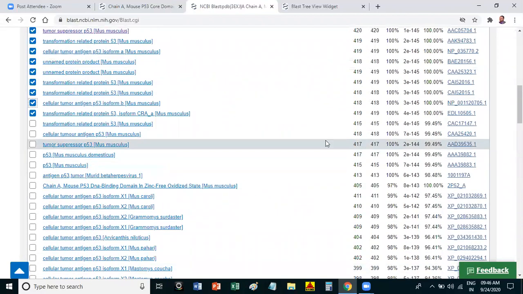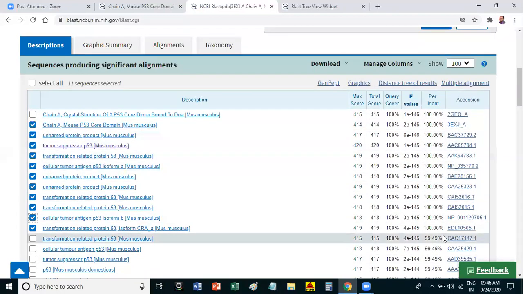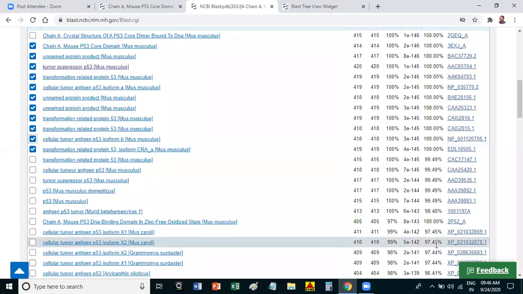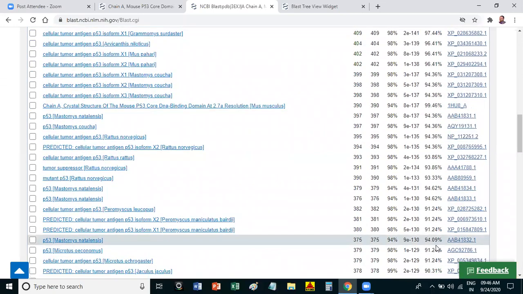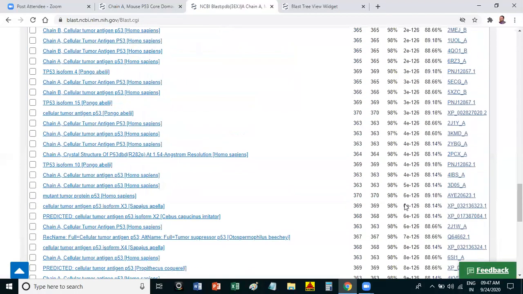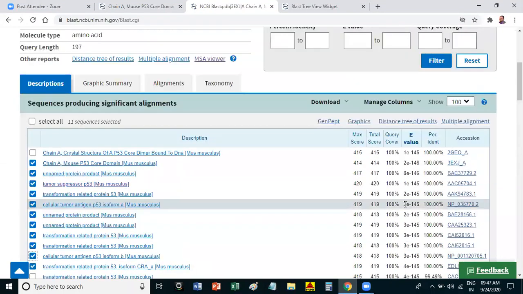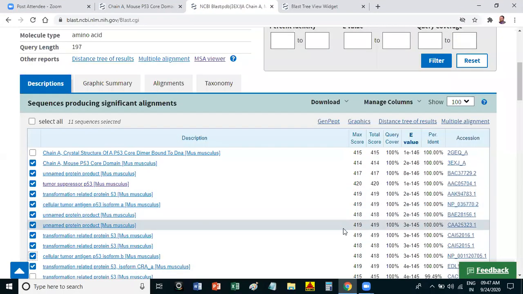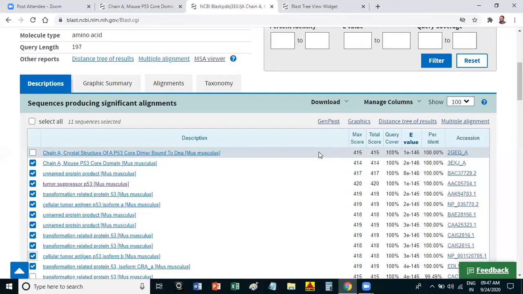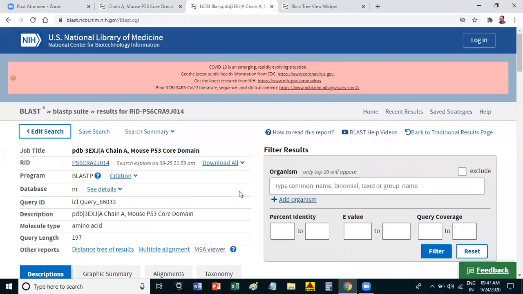Yes, sir. Okay, when you perform the BLAST, you will get lots of results. The percentage of identity you have to consider is more than 80%, not less than 80%. You may find different similarity indexes, and you can do it for any organism. You send it to my email ID, not on WhatsApp. I'll be giving my email ID later on. So this is about your protein BLAST.